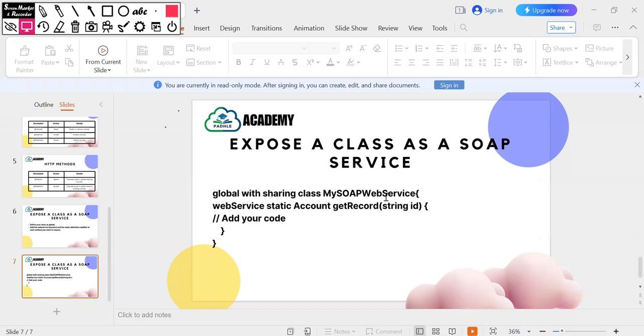So in the next tutorial, we are going to do an example to illustrate how you can expose your class as a REST service and how you can invoke the methods of that web service that you just created. So how to do that? We will take a look in that next